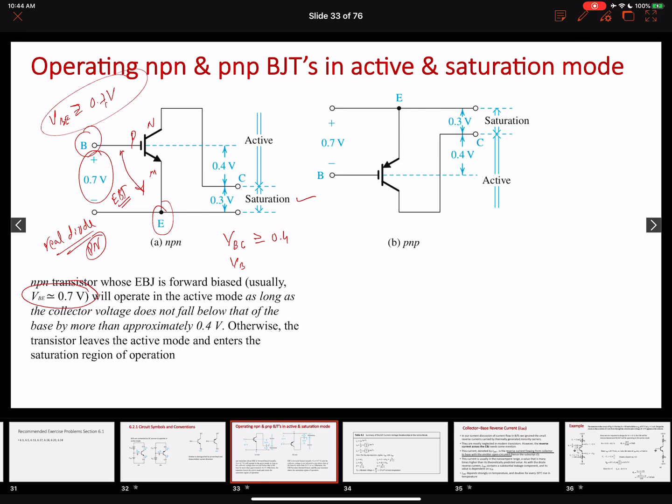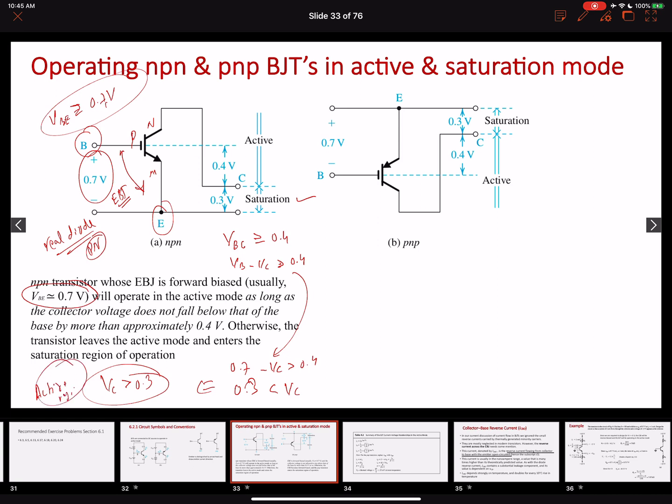So this will be VB minus VC greater than 0.4 volts. I can further write 0.7 minus VC greater than 0.4 volts, so 0.3 volts will be VC. So our collector voltage needs to be greater than 0.3 volts to operate in the active region,